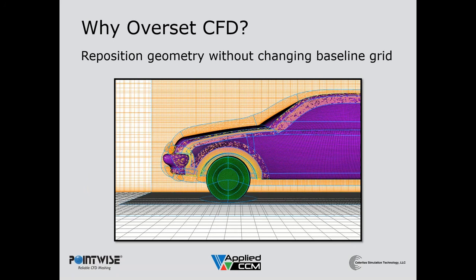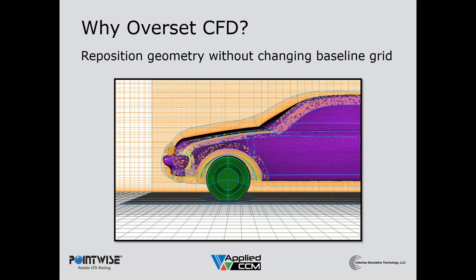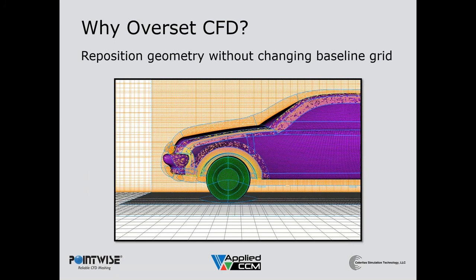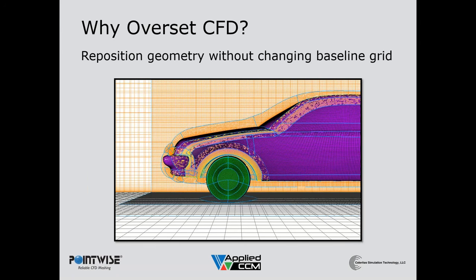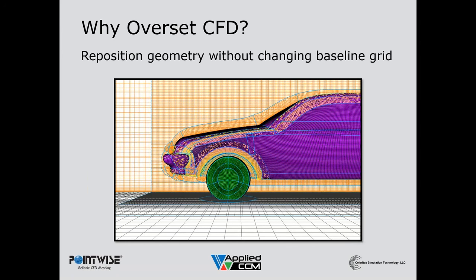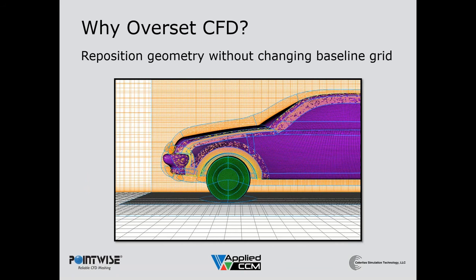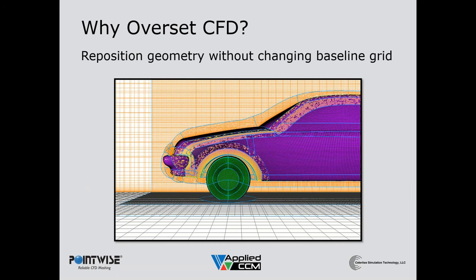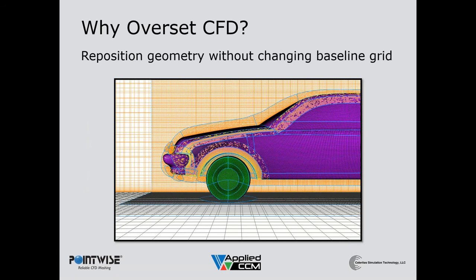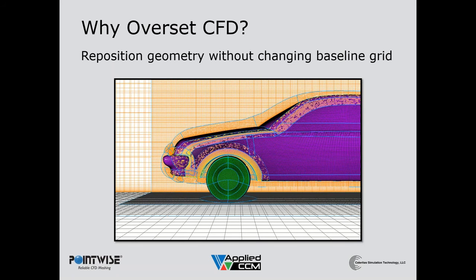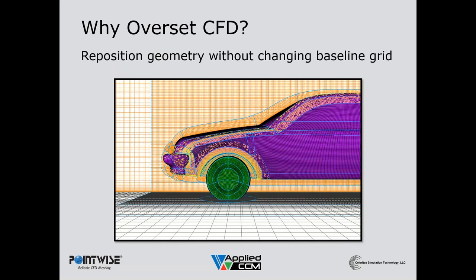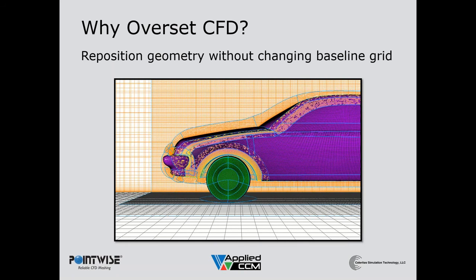And another good one, along the same vein, is not necessarily adding or removing geometry, but actually repositioning it. You can imagine this is similar to the turbine blade cooling hole thing that Ralph was talking about, actually repositioning geometry. So here I'm just artificially changing the ride height of the car, and I don't have to worry about deforming or reconnecting the grid, because the Overset takes care of that itself. So again, we don't have to change the baseline grid. The grids on the car move with the car, the grids on the wheels stay the same, the background grids stay the same. So it's a very consistent approach, and it naturally facilitates this kind of work. Again, it could be very natural to use with an optimization problem.